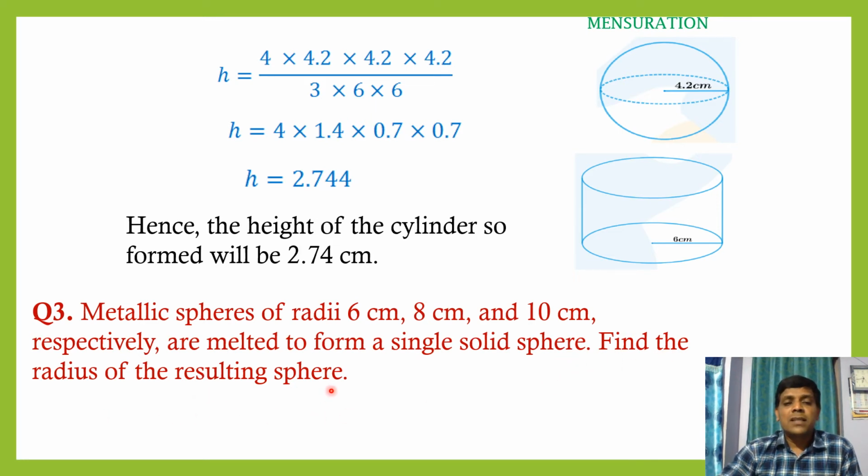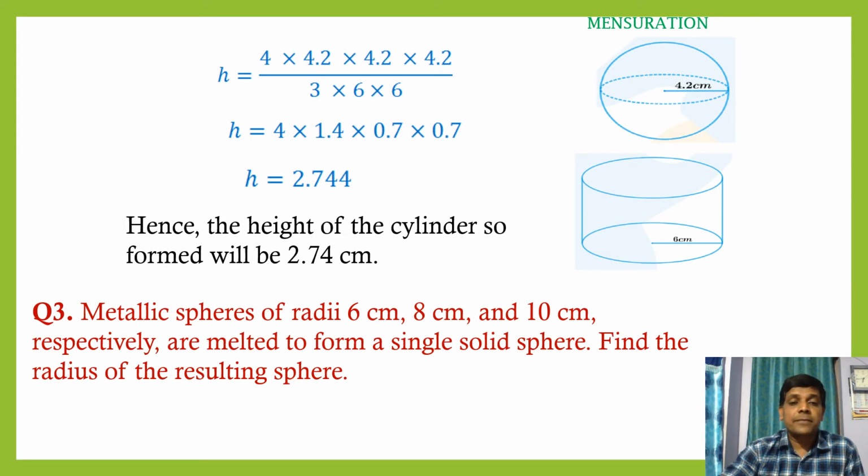So what is the given question? Three small spheres are given. These three spheres are melted and recast into one large sphere. Find the radius of the large sphere. Here, the volume of the three small spheres is equal to the volume of the resulting sphere, or large sphere. These two are equal. Coming to analysis, based on the question, this is medium level. The given solids are spheres and the large sphere, both are spheres.